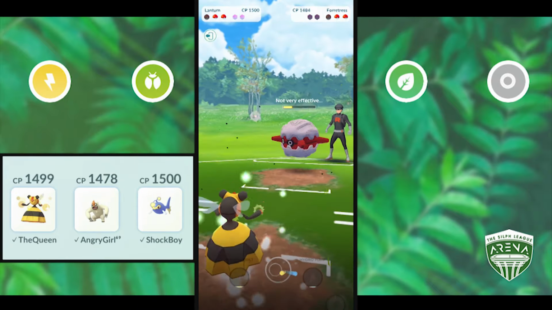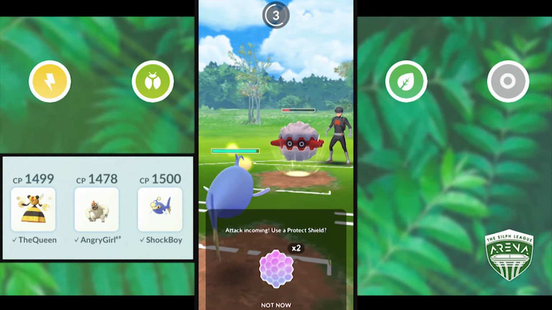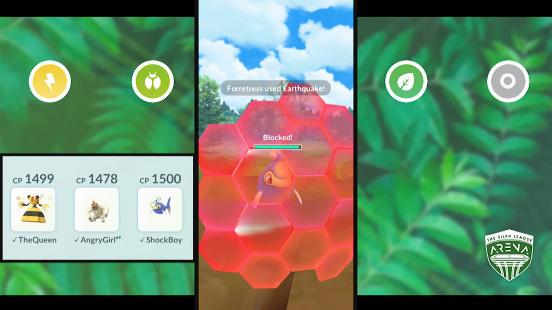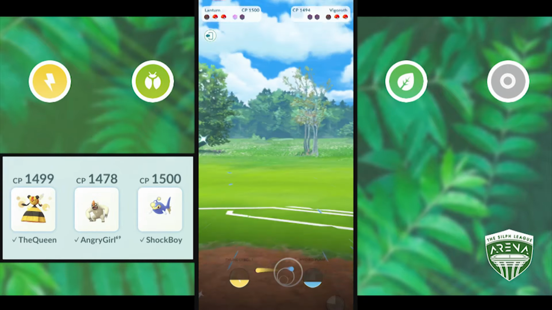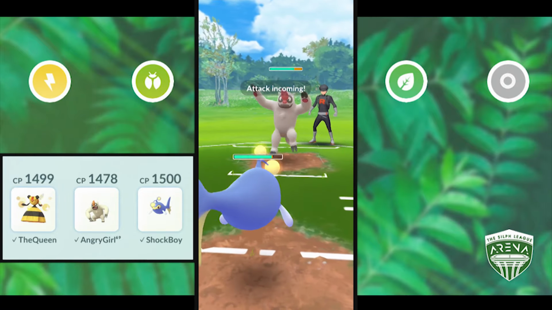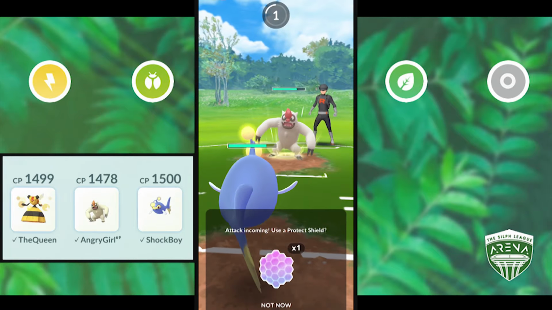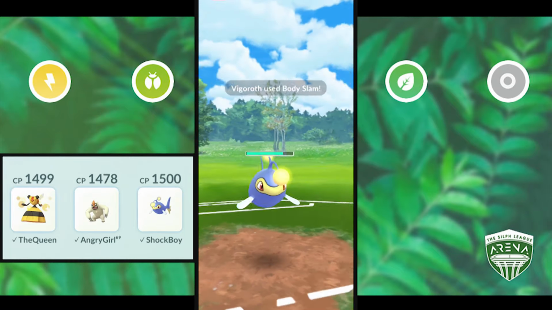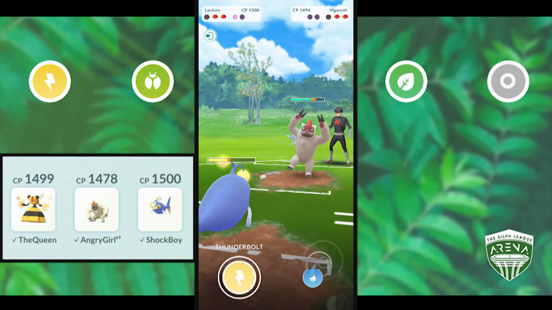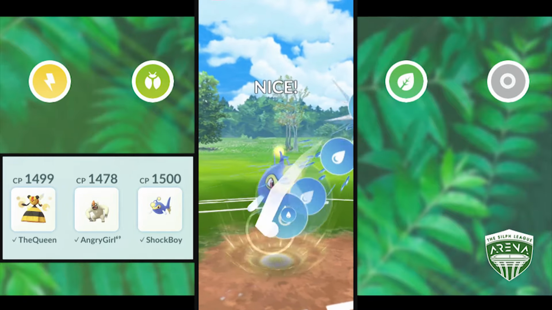So Vespiquen takes down Wigglytuff, and back comes Fortress, and I decide to switch into Lantern just to save my Vespiquen in case this comes down to the last charge move. I like that Vespiquen can get to a charge move before Lantern can, so out comes Vigoroth. As I suspected, another reason why saving Vespiquen there was a pretty good idea, but Lantern with 2 shields is actually going to be able to handle what's left of that Fortress and this Vigoroth, so just be patient here,